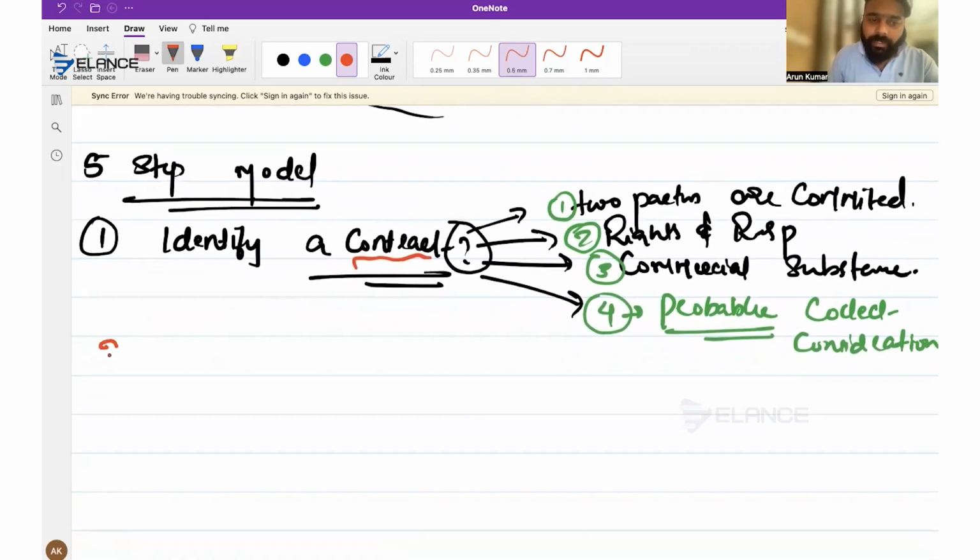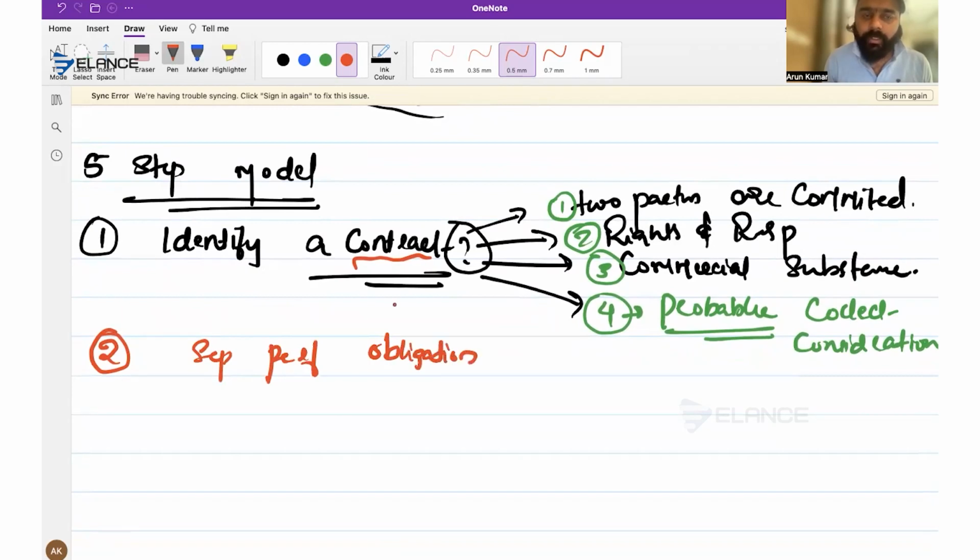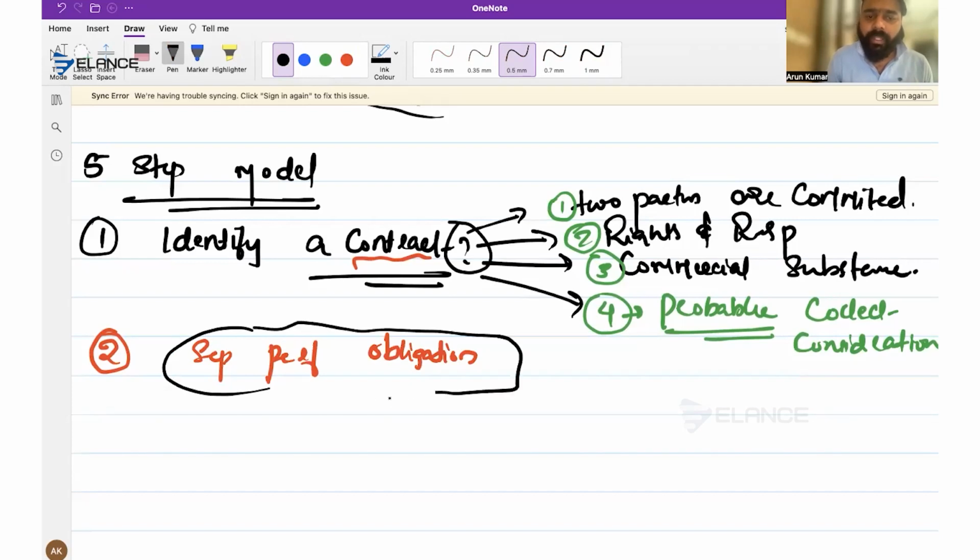So whenever revenue recognition starts, first of all, we have to identify a contract with the customer. The second one is to identify separate performance obligations. This is a very important topic. Even now we have seen that it is getting tested in SPR. Many times they have tested this part. So what does it mean by separate performance obligation? Whenever we are recognizing revenue, we need to identify how many performance obligations there are.